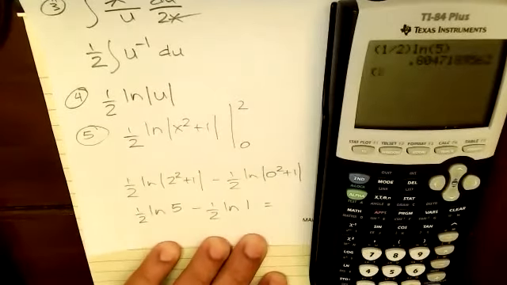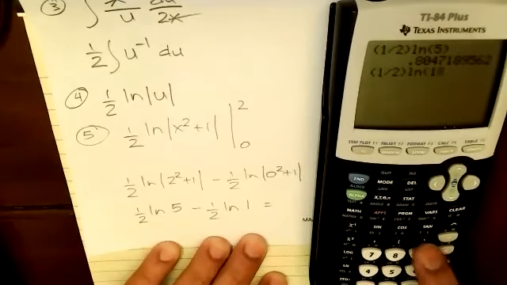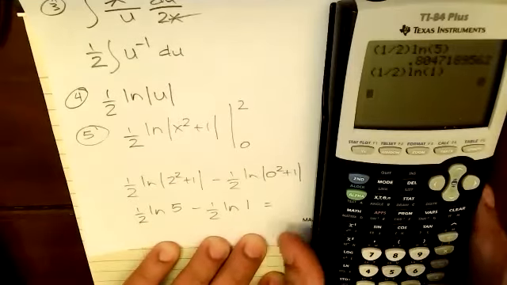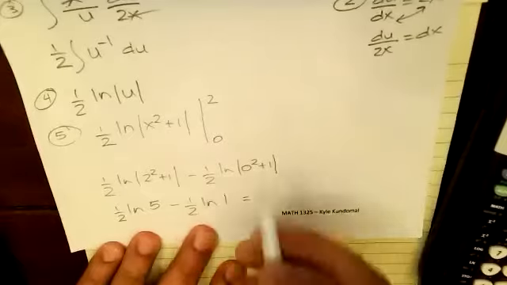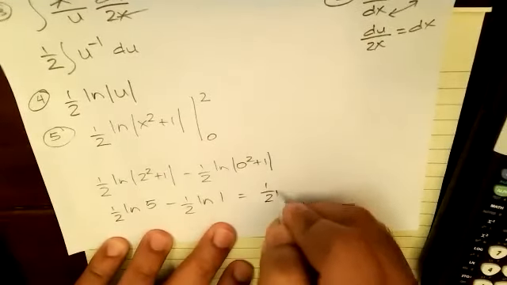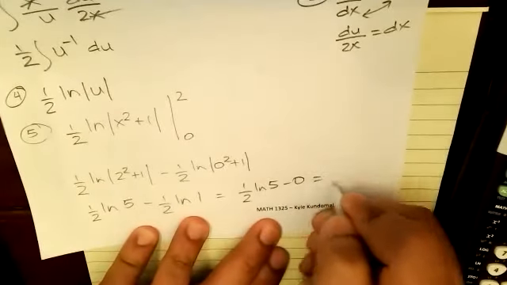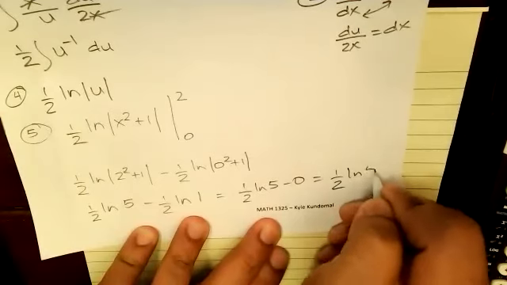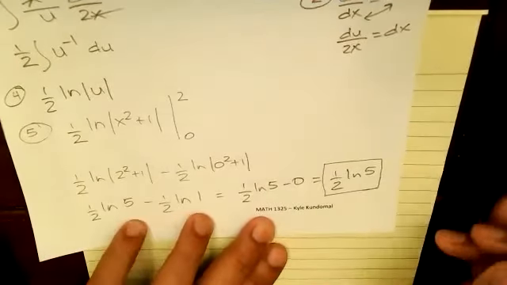And then 1/2 ln of 1, that's actually 0. So if we want to write down the exact value, it's going to be 1/2 ln of 5 minus 0, which is just 1/2 ln of 5. That would be the exact answer